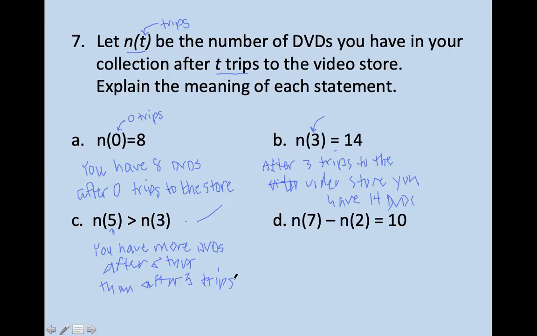All right, let's look at what this last one would say. So this is something about 7 trips. This is something about 2 trips. This represents how many DVDs you have. And this symbol here, a subtraction, means difference. So we could write the difference